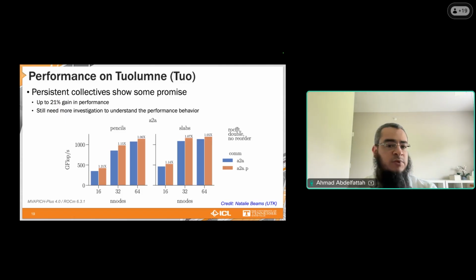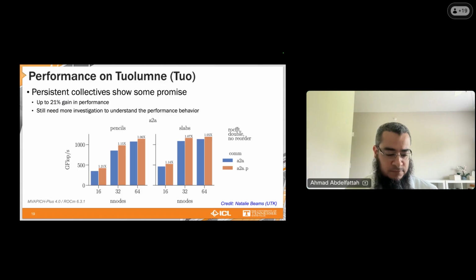So all the details will be with Natalie. I'm not familiar with the deep details of that. We need to call the collectives multiple times when we do our transforms. For 3D, it's at least 3 times, and if you need the inverse transform, you will also have multiple collectives after that.